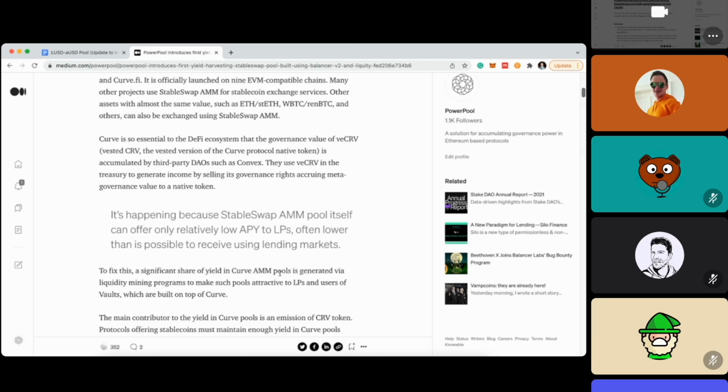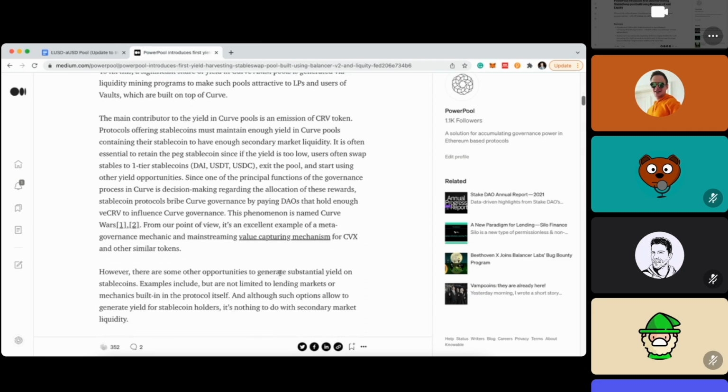So this is why Curve from summer 2020 works using the CRV emission model. So this is a liquidity mining program that is built to incentivize liquidity providers and compensate this low yield in pools based on trading fees. And over the years, Curve grew really big, and now it is an essential protocol for stablecoin liquidity. But the main problem is that all these pools require CRV rewards, and this is why all DAOs started to,